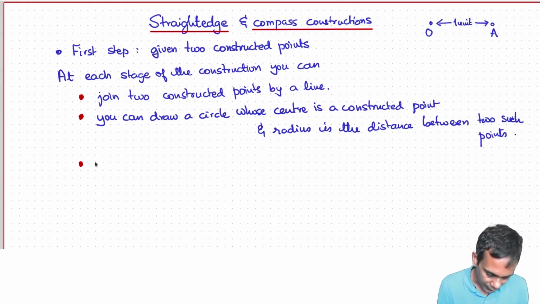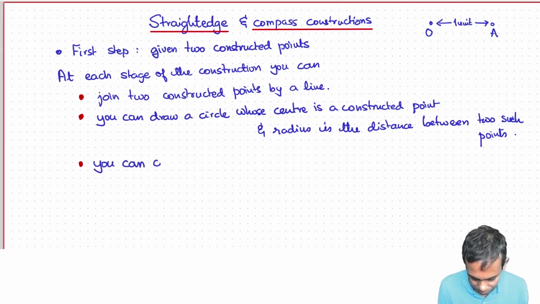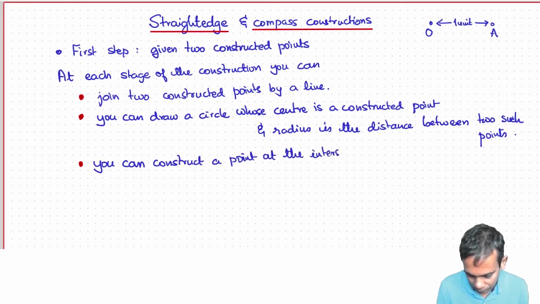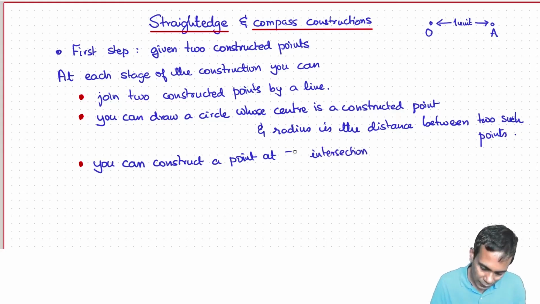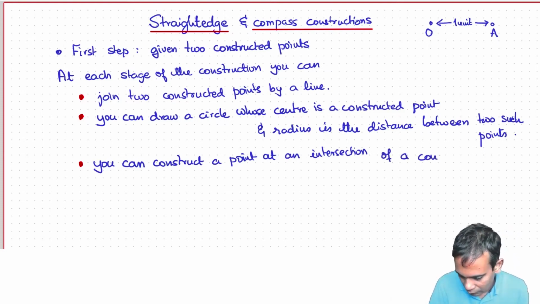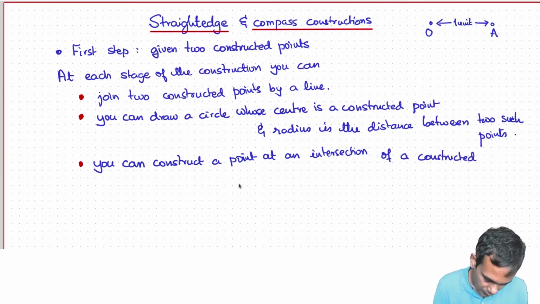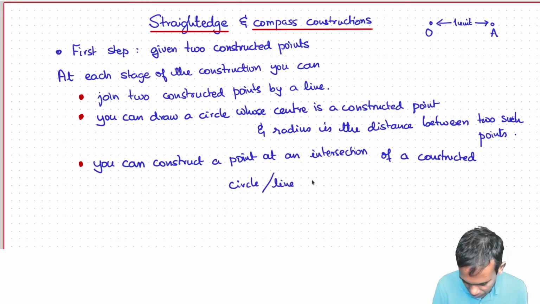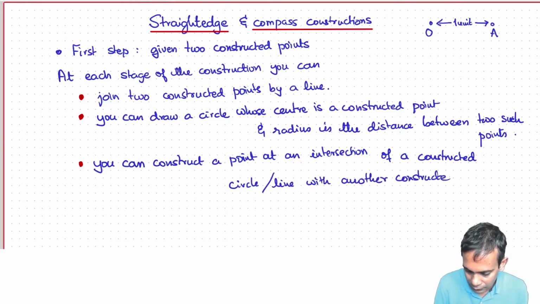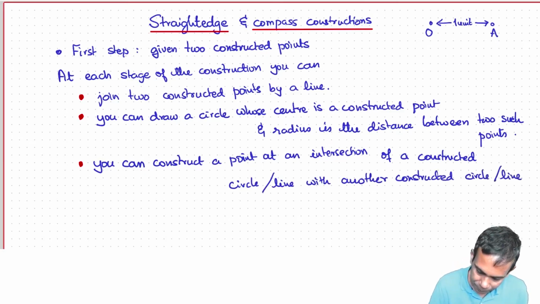So you can construct a point at the intersection, well, there could be more than one intersection, of a constructed circle or line with another constructed circle or line. Okay, so the objects that you're constructing at this stage, so if you join 2 constructed points